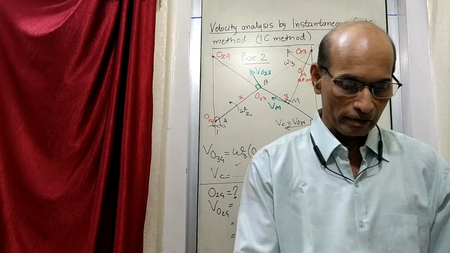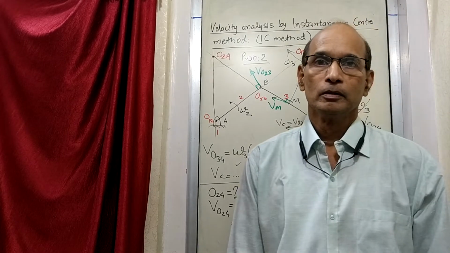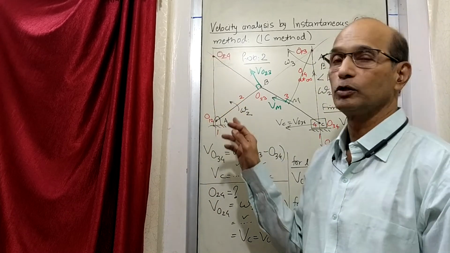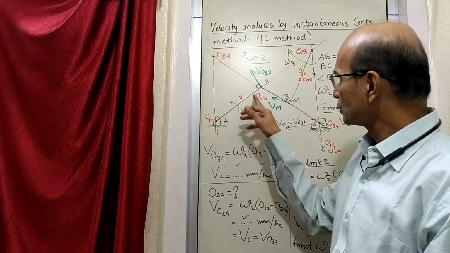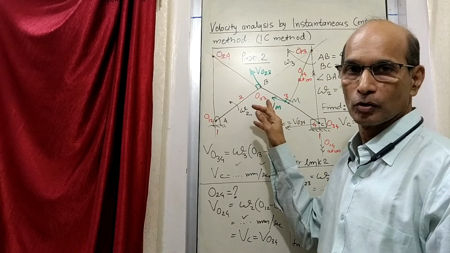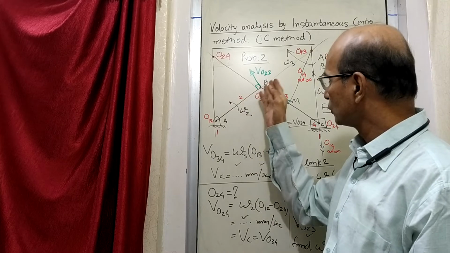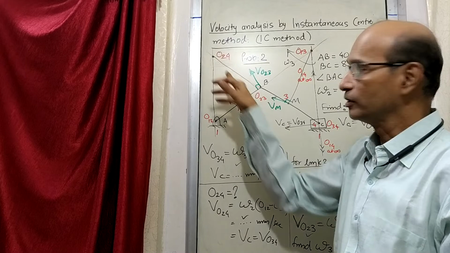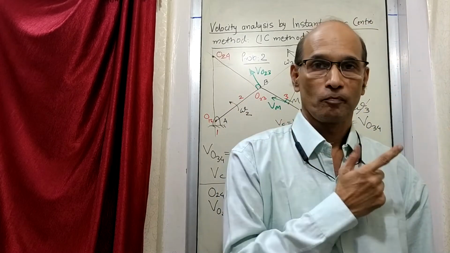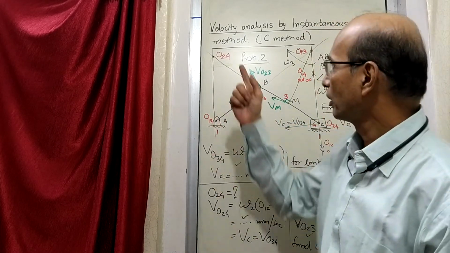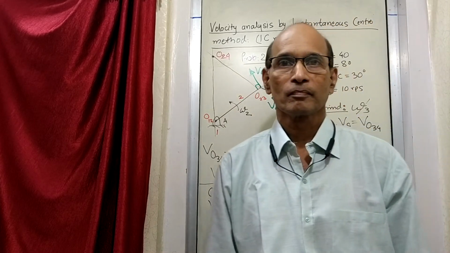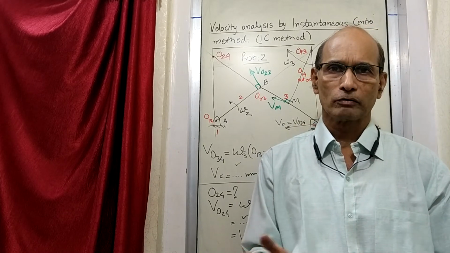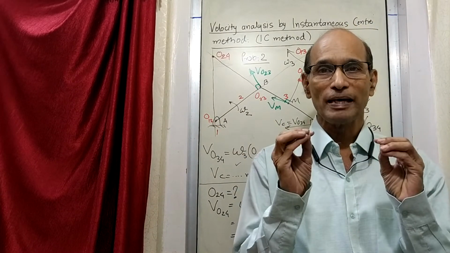Now the question which we have left half. All what we have discussed is under the assumption that O24 belongs to link 2 also and link 4 also. Like O2,3 belongs to 2 also, 3 also, and then its velocity is same whether it is on 2 or whether it is on 3. That is what we have done here. Same thing we are doing for 2, 4, saying that it is on 2 also and 4 also. The only question is how. How can you agree that this point belongs to 2 also and 4 also? Now, just try to recollect what we have learned earlier. Nothing new. We are just applying what we have learned earlier.